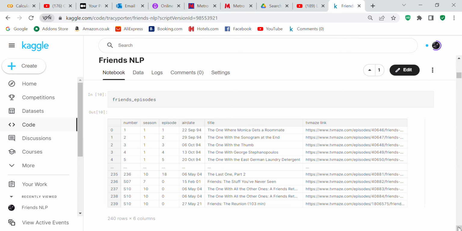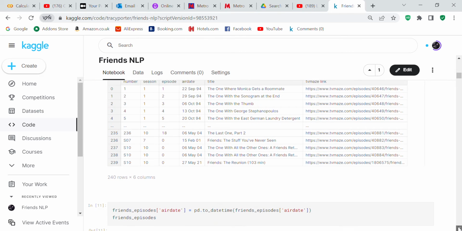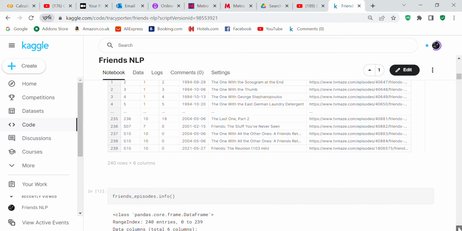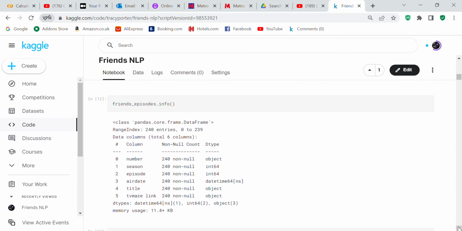What we were most interested in was the season, the episode, and the air date. So for Friends air date, we converted that to a date, because everything needs to be converted into a date. And looking at the info, you can now see that the date is a datetime.